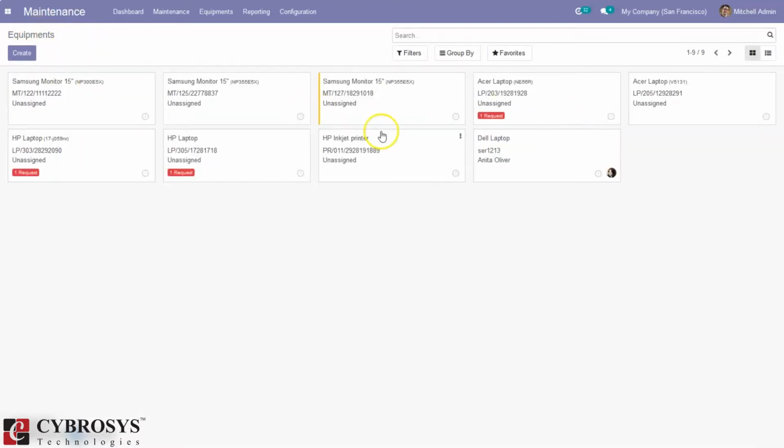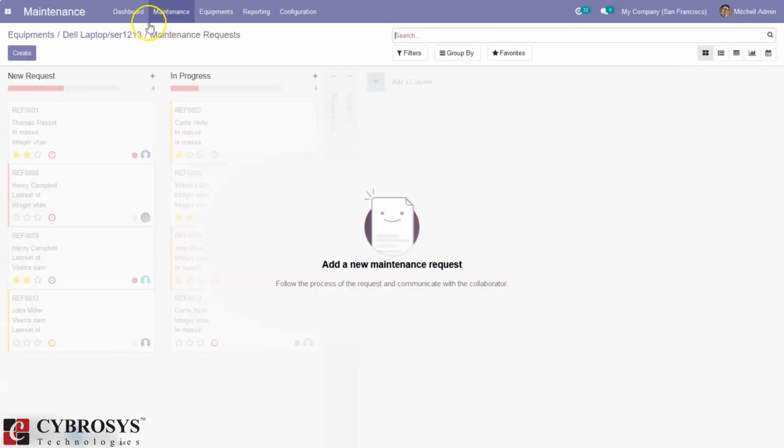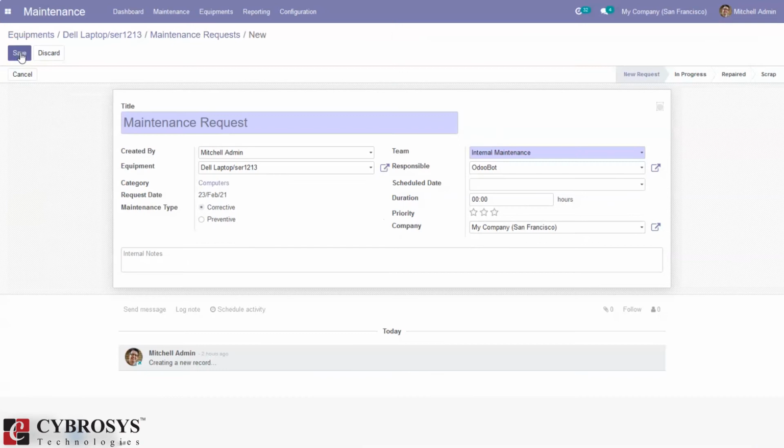Then okay, so here we can see the equipment, and here we can see an option for creating a maintenance request for that equipment. So we can just manually create a maintenance request from here. We can set the maintenance request title.